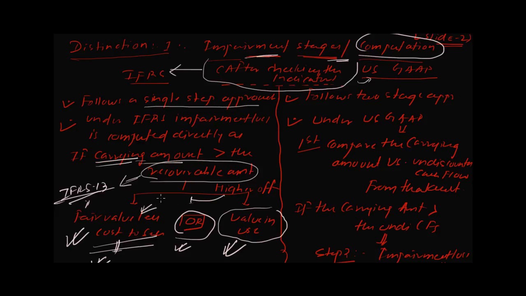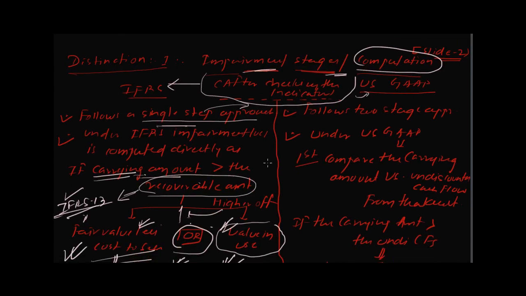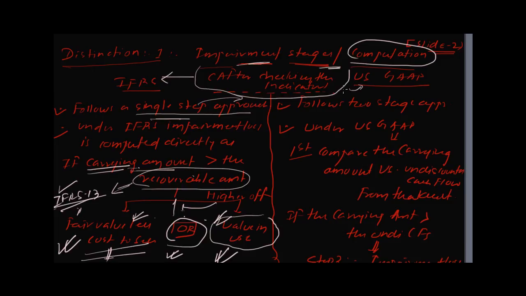We take the recoverable amount as the higher between these two, and we compare with the carrying amount. So this is a single step model. This is what we do after understanding the indicators. Now when it comes to US GAAP, after understanding the indicators, US GAAP asks the entity to compare the carrying